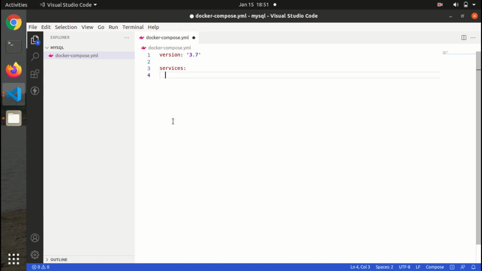First, we'll define the MySQL DB service. Image will be MySQL and version will be 8.0.27. Container name will be MySQL.